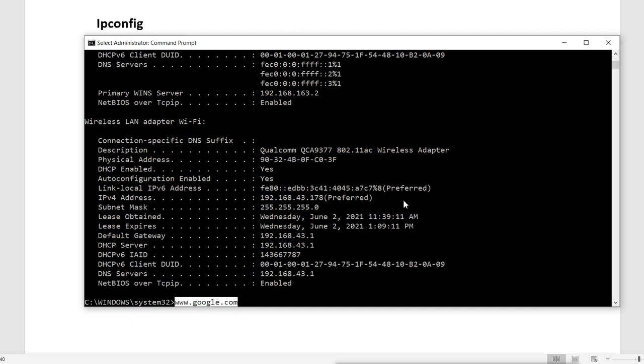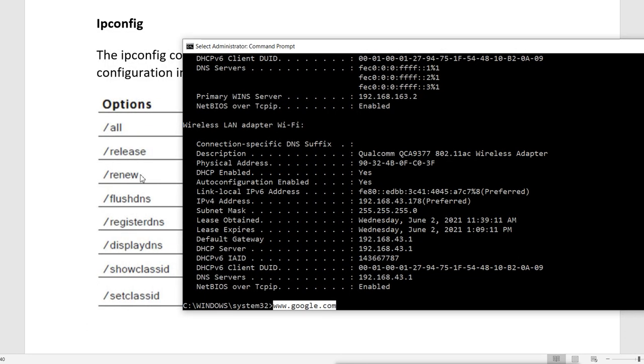Suppose it is available on the internet and we can access it from other machines, but it is not accessible here on our machine. Why? Because our machine's cache is already saying that this is not available. So whenever our machine tries to access it, it will check the cache, and in the cache it says it is not available. For that reason, we clear the cache of our DNS.